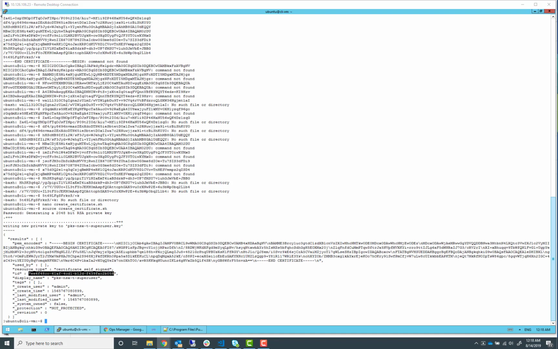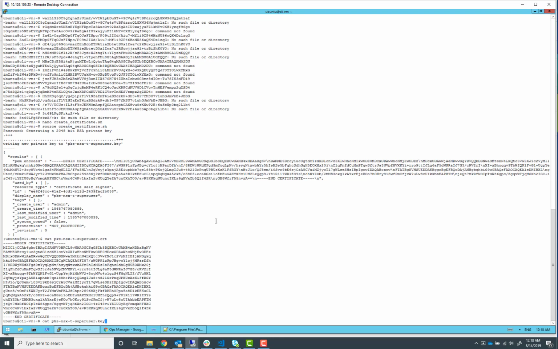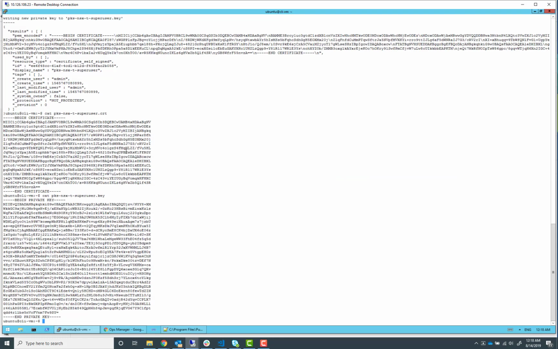And now we can review the contents of the certificate files, the CA cert and the private key that generated. With just checking out, we can see we have a superuser.crt file and a superuser.key file. And now we'll move on to step 3.9. We're going to register the principal identity for PKS. So we're going to create another script file,